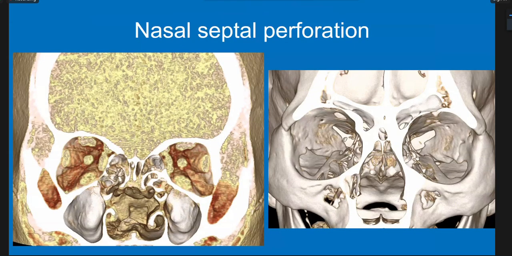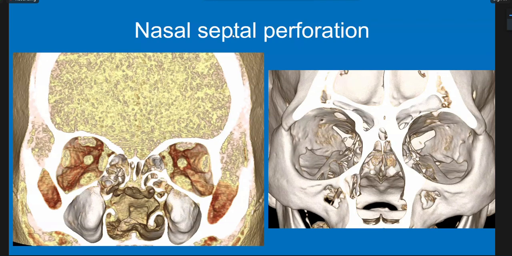In terms of instrumentation, they will have to do a resection of the posterior nasal septum in order to have a decent surgical corridor where they place their instrument. This is a case of nasal septal perforation. You don't see the septum, so it's probably making the life of the surgeon easier